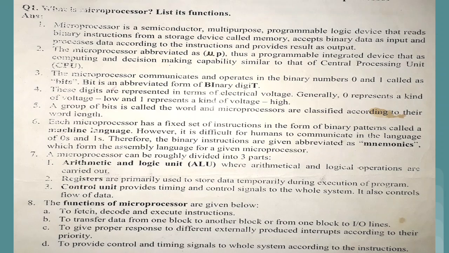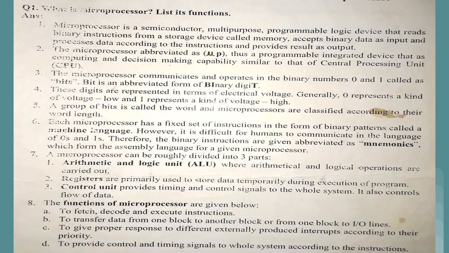Okay, so we have instructions which perform arithmetic or logical operations. Along with that, we have some instructions which actually create the interrupt also. So according to both types of instructions, the proper response or proper signal should be provided to the different components of the microprocessor. That is done by the control and timing unit.